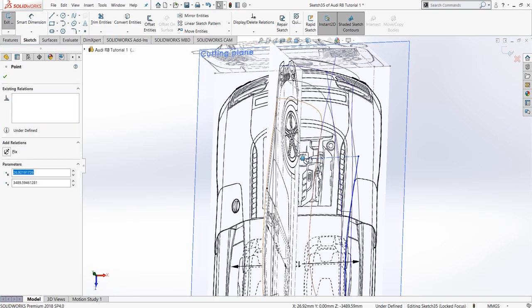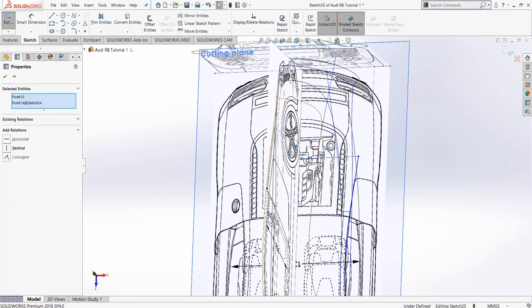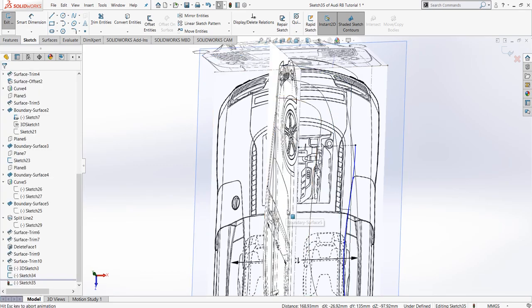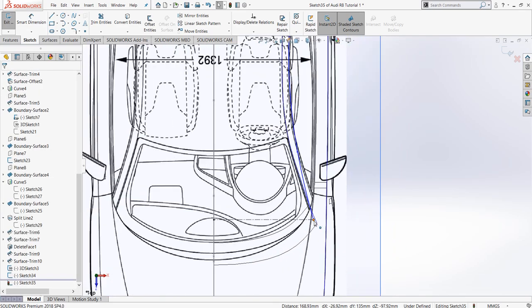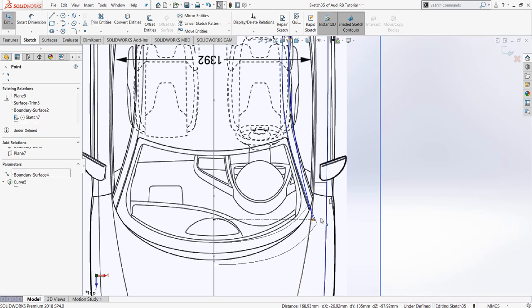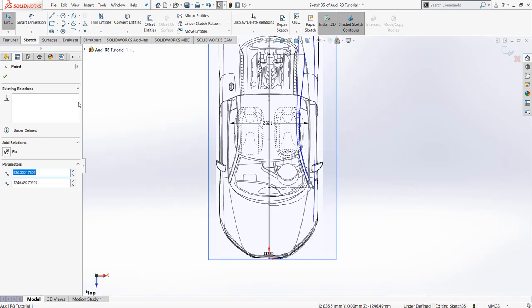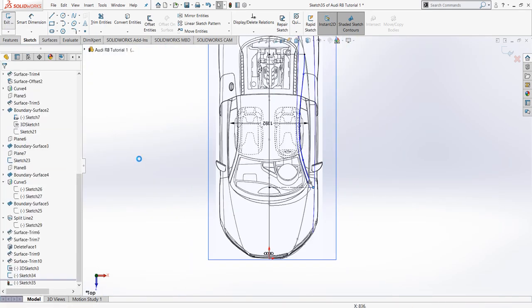Select these 2 points and give coincident. Now slightly move it so as to get a superimposed profile on both the sides and click exit.